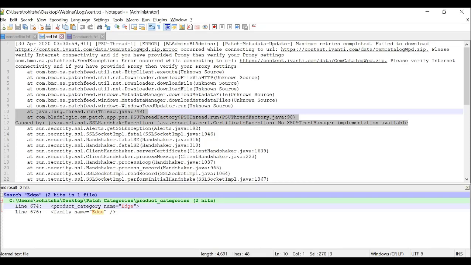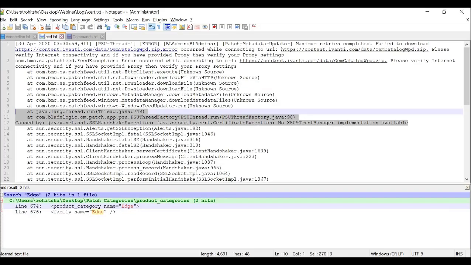So another cause for this error could be the certificate that is being used on the proxy. Now sometimes proxy administrators import HTTPS or SSL certificates on the proxy. Now if that is done, those certificates need to be imported in BladeLogic, in TSSA's Java as well, which is the cacerts file. Now we'll see in a moment how to import those certificates. In order to do that, the first thing you'll need to do is ask your proxy administrators to give you the certificate. The format that we'll import in TSSA is the .cer format.